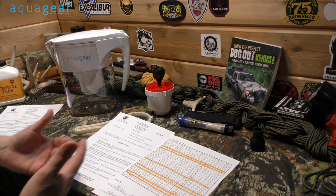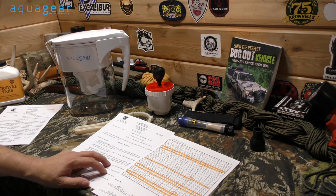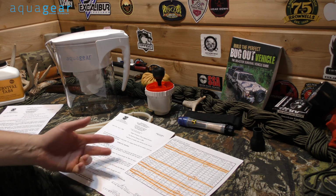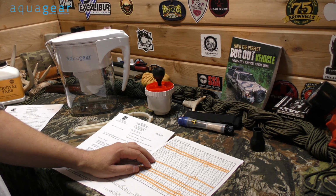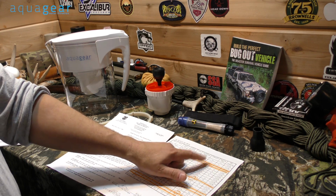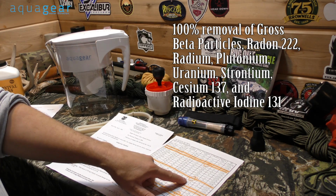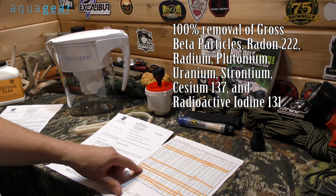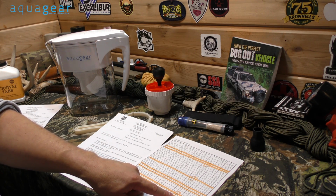What kind of testing do they have to show that it really does all that? The Department of Agricultural Commission's Weights and Measures in California did some testing on this. For fluoride, it reduces 90% of the fluoride. It reduced 99% of the arsenic, and that was one of the big chemicals that was in the Animas River. Lead was another chemical, and it reduces 97.5% of that. Selenium and thallium, mercury, which was another one that was in the Animas River, 98% there, and